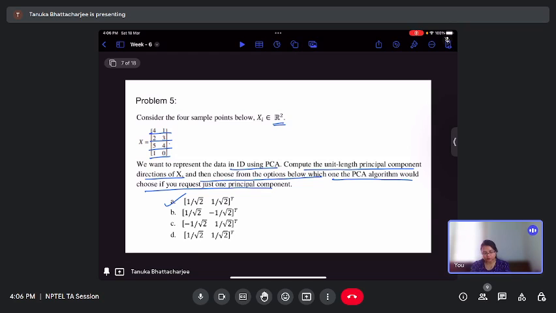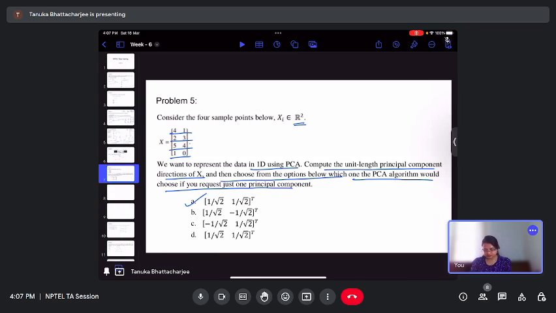So here is the problem. It is saying that we have 4 sample points in 2D real space: 4, 1; 2, 3; 5, 4; and 1, 0. 4 sample points are there. We want to represent the data in 1D using PCA. So the question is to compute the unit length principal component directions of X, and then we have to choose which of the principal components the PCA algorithm will choose if we just want one principal component to be chosen. So the samples that we have are